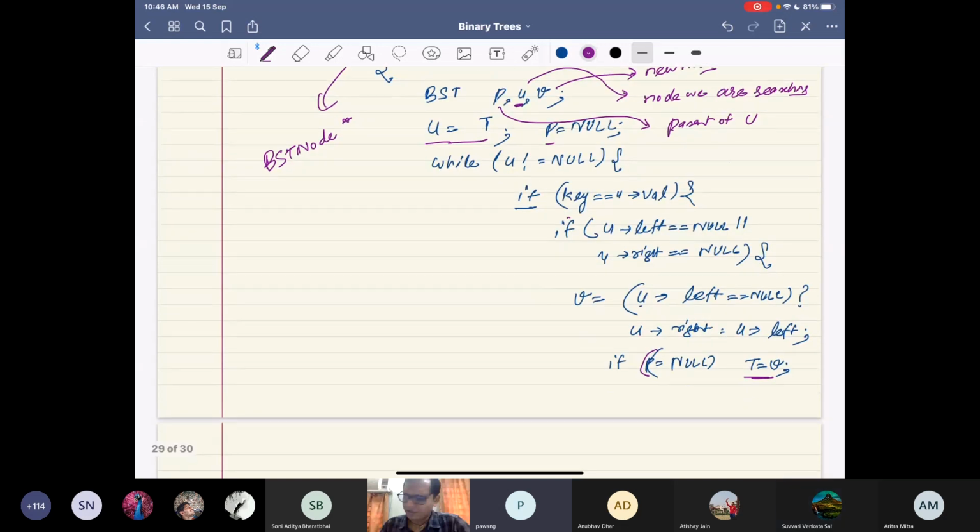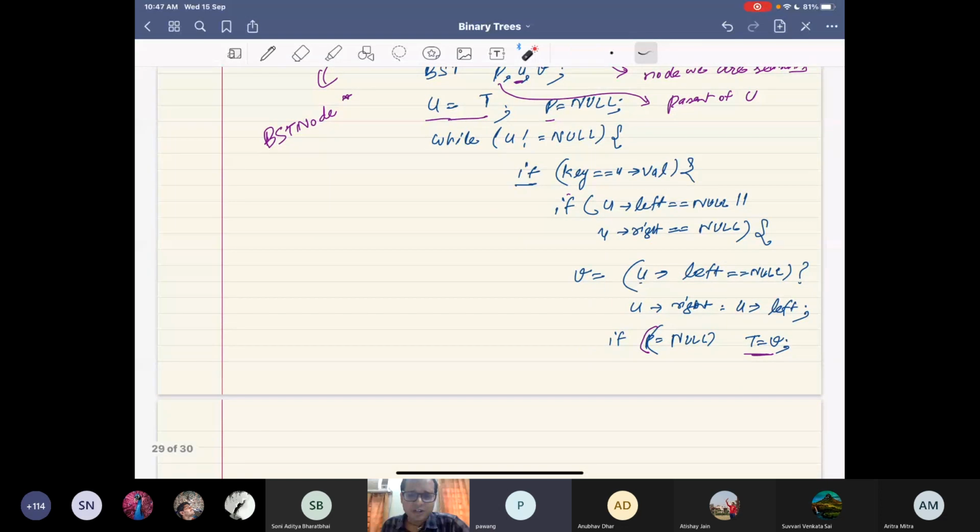So this is the part when this is not null. Sorry, when you actually found the value. But suppose you did not find the value, then what happens? So then you are either finding left or right. So then you have